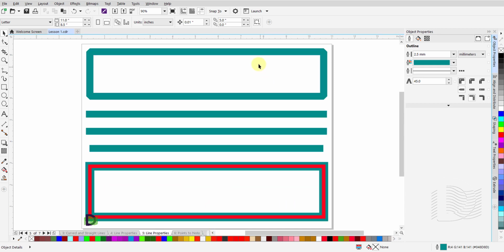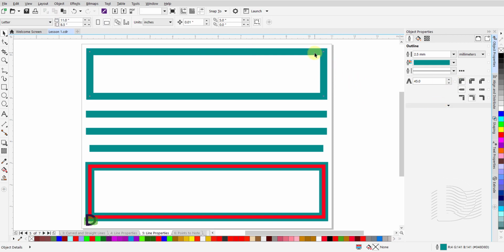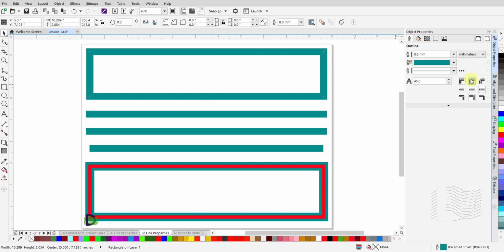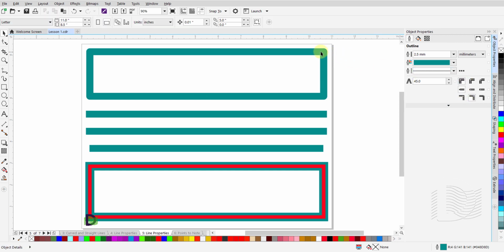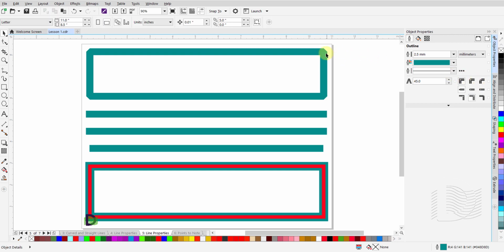Then you have the option of choosing if you want the corners mitered, rounded, or beveled. Below that, you can select how the ends of your lines look.